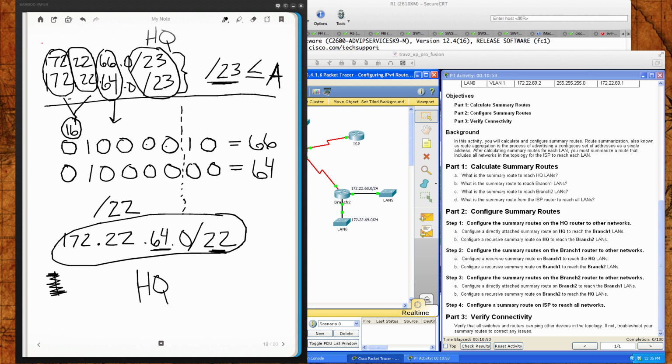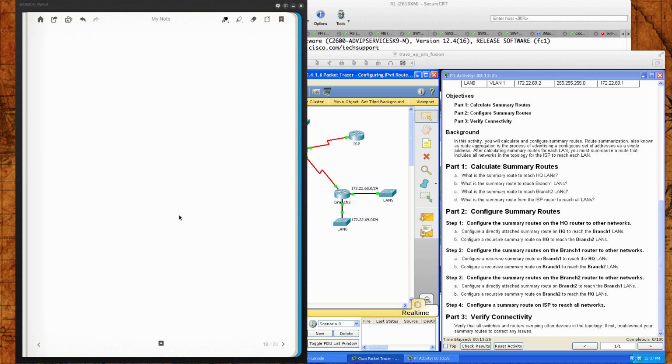All right, so the next network that we're going to take a look at is going to be the branch 1 LANs. So now we're going to go ahead and take a peek at, again, the branch 1 LANs. We're going to give it its own page here. So flip the page and we're going to say this is going to be branch number 1. All right, and so for branch number 1, what we're looking at again is we've got a